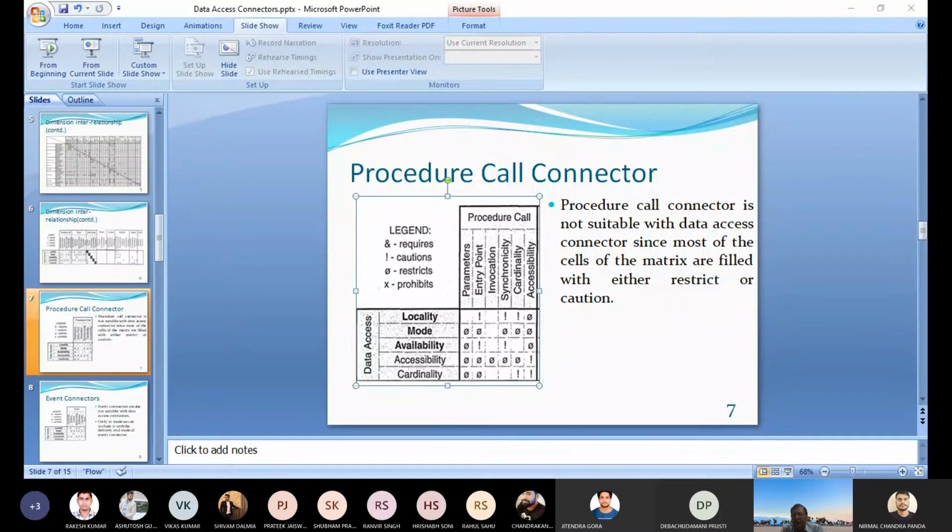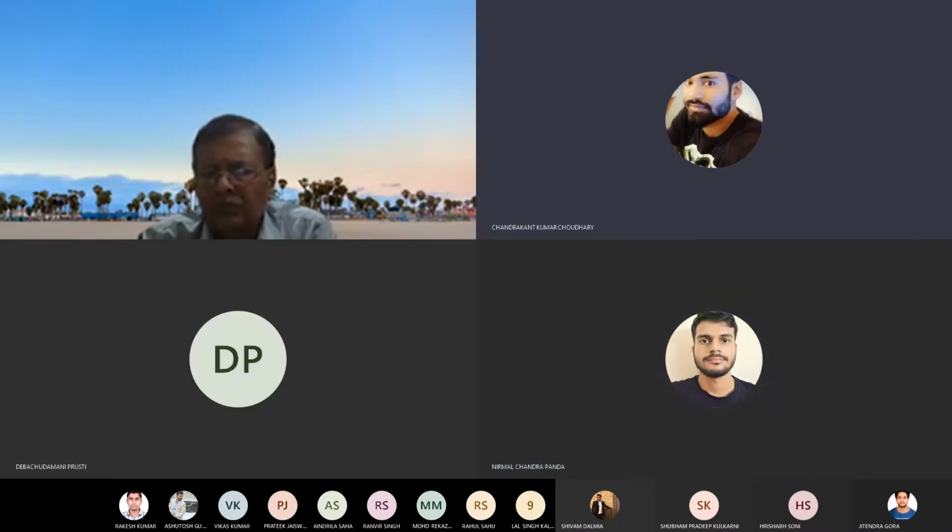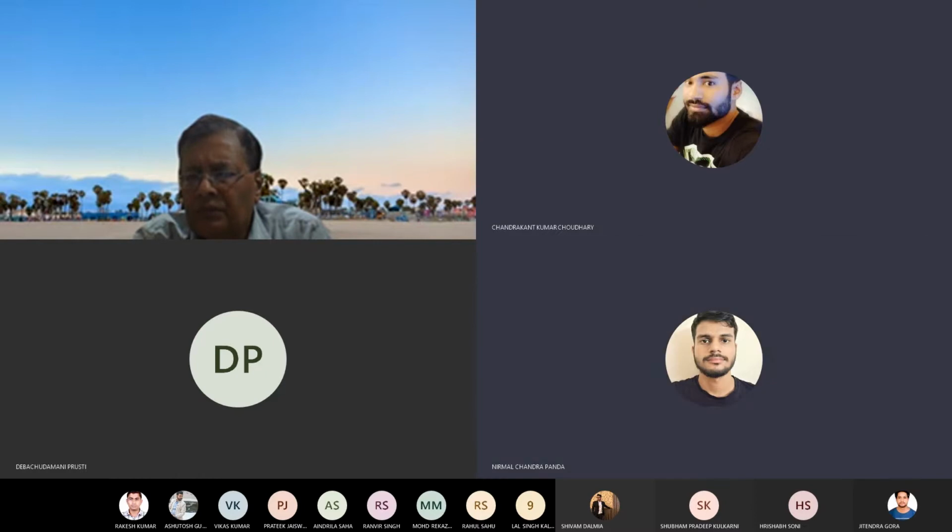Just go to the share option. Share content. Browse option is there. Upload from my computer and select the file.